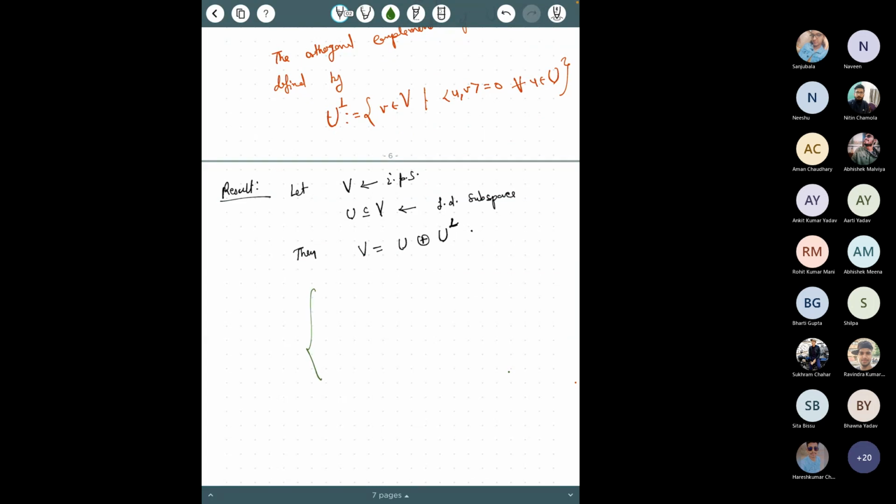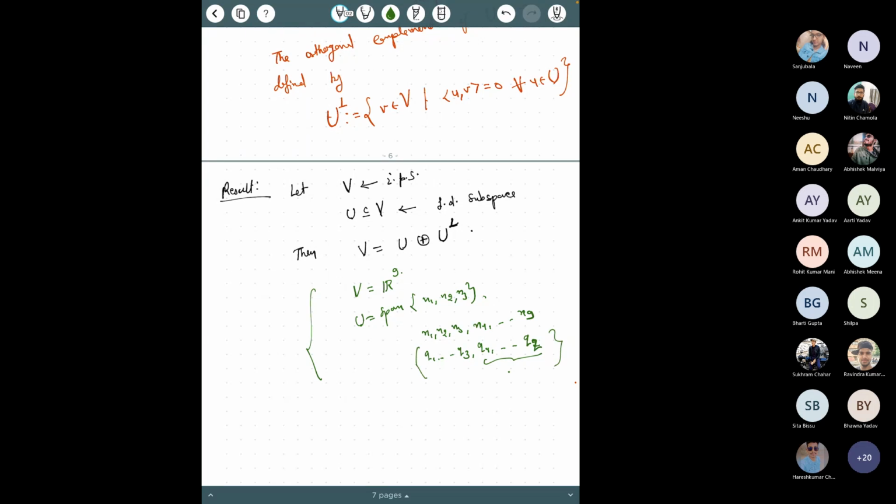Suppose V is R9 and U is a span of x1, x2, x3. Then what you did, you expanded this set to a basis x4 to x9, and then you applied Gram-Schmidt to find these vectors. And whatever Q4 to Q9 you have got, that would form the orthogonal complement of U. That is what you said. In fact, if you look at this whole basis, Q1 to Q9, this is an orthonormal basis.